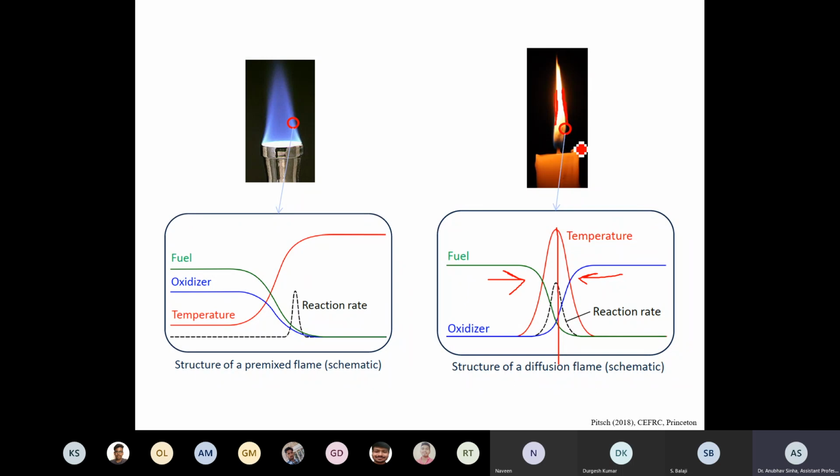Anyway, we will talk in more detail once we go to the structure of diffusion flame. Then we'll actually have some derivation also. This is the basic difference that I wanted to highlight at the outset. Initially, you should know what the difference is, then we'll derive how temperature is varying like that and look at various relations. This is just for you to know why it happens. Okay, let us move ahead.